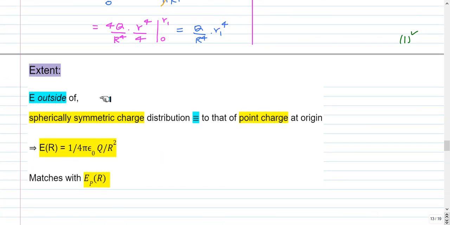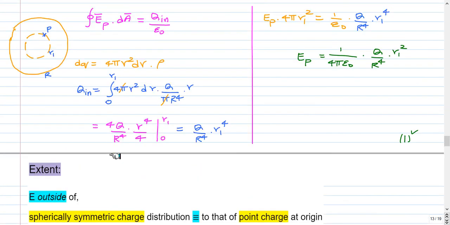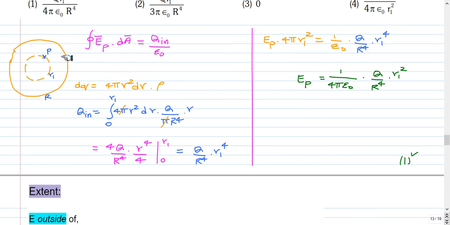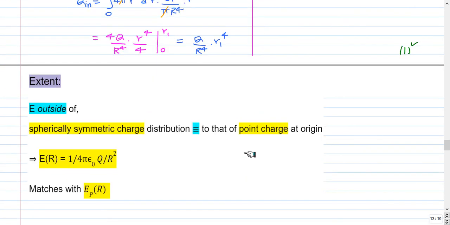So electric field outside a spherically symmetric charge distribution is equivalent to that of a point charge located at the origin. So using this we can get the electric field at the distance r as 1 by 4 pi epsilon naught into q divided by r square. So for a point on the spherical surface, it's as if the point is just outside. So this volume charge can be considered as a point charge located at the center. So using that we can get the expression of electric field, and even from this expression, if you put the value of r1 as capital R, because this is valid up to capital R, we will get the same result.